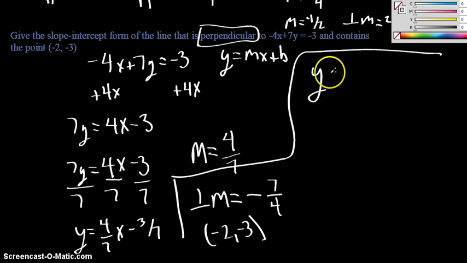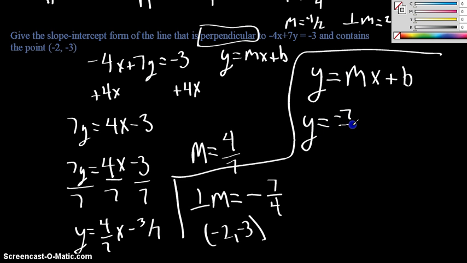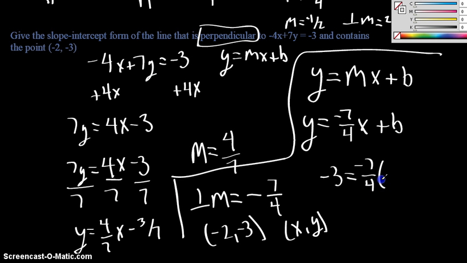We want to put in the equation y equals mx plus b. And we know our slope we're going to use. We're going to make it perpendicular. If we use -7/4, it will make this perpendicular to our original equation because they'll have slopes that are opposite reciprocals. So then I'm going to fill in my x and my y. Remember again, here's my x, here's my y, because this is always in the form x comma y. So we have negative 3 equals negative 7 fourths times my x, which is negative 2,